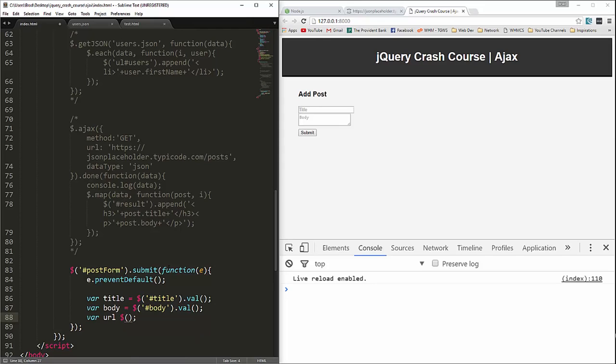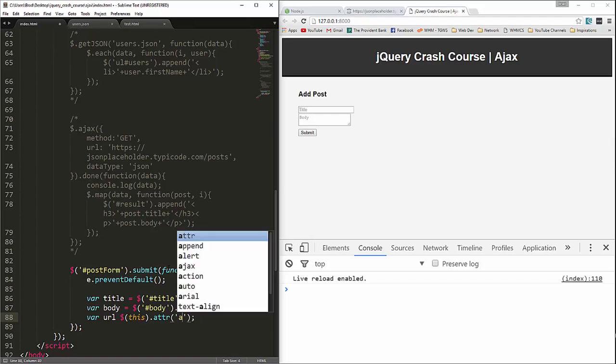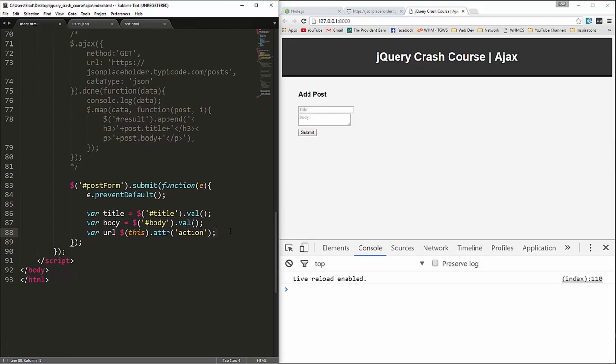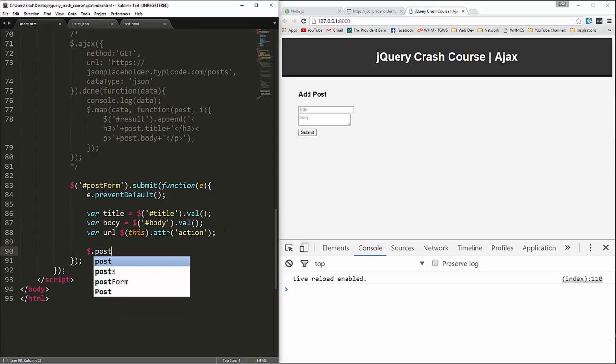So what we can do is we can say this because we're talking about the actual form, and then we want the attribute of action. Alright, then what we're going to do is we're going to use the post function. Just like we have get, we have .post. Alright, and then here we're going to pass in the URL, and then the values we want to send along, which will be title. Okay, send them as an object,